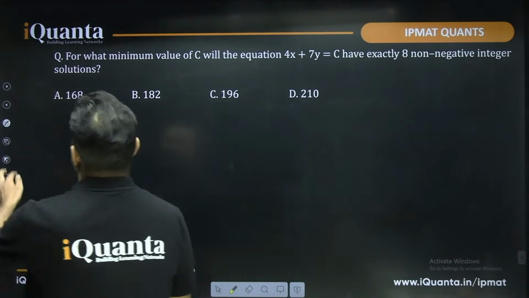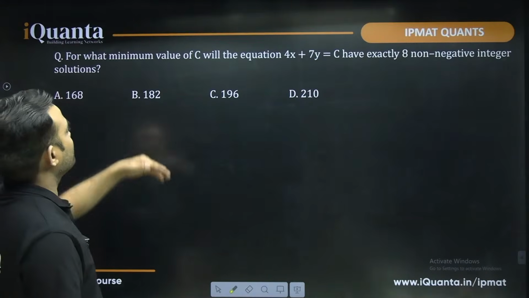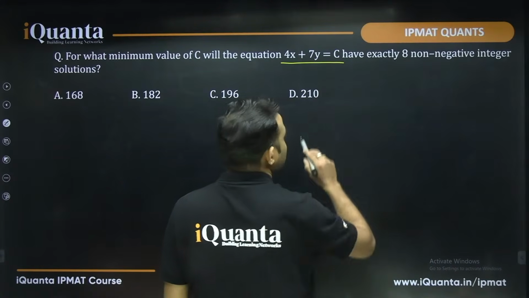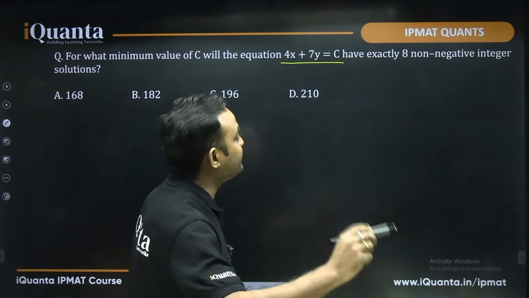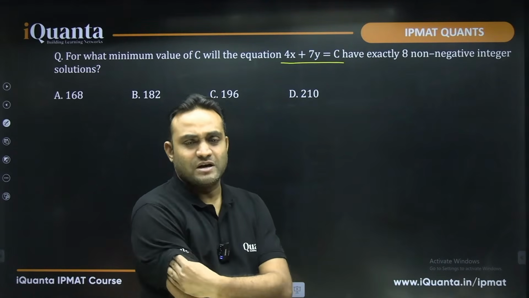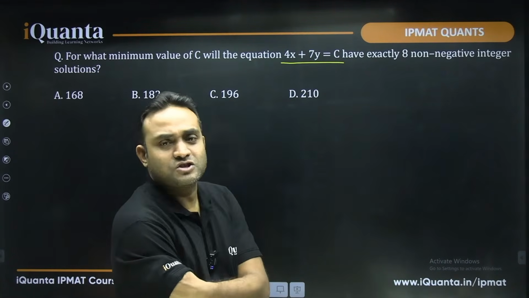चलो देखते हैं इस क्वेश्चन को कैसे सॉल्व करना है. For what minimum value of c will the equation 4x plus 7y is equal to c have exactly 8 non-negative integer solutions. Now can you tell me, if I say one of the solutions of this